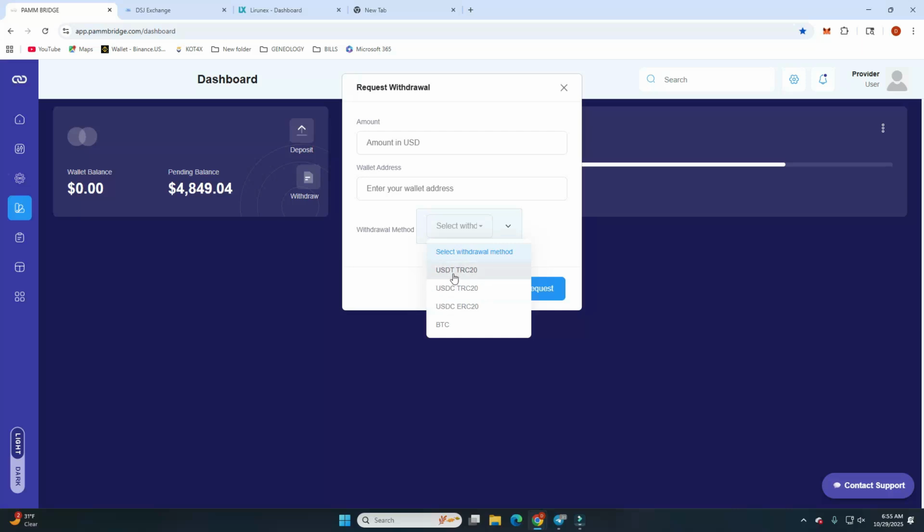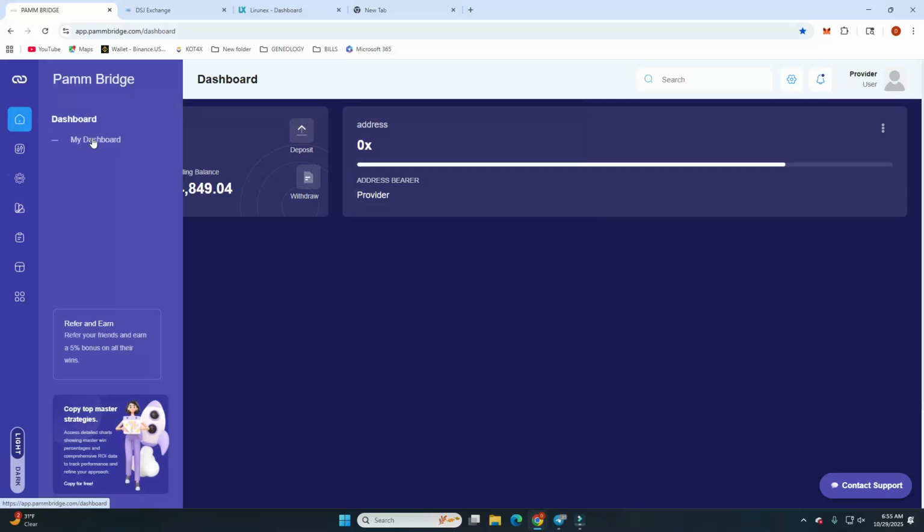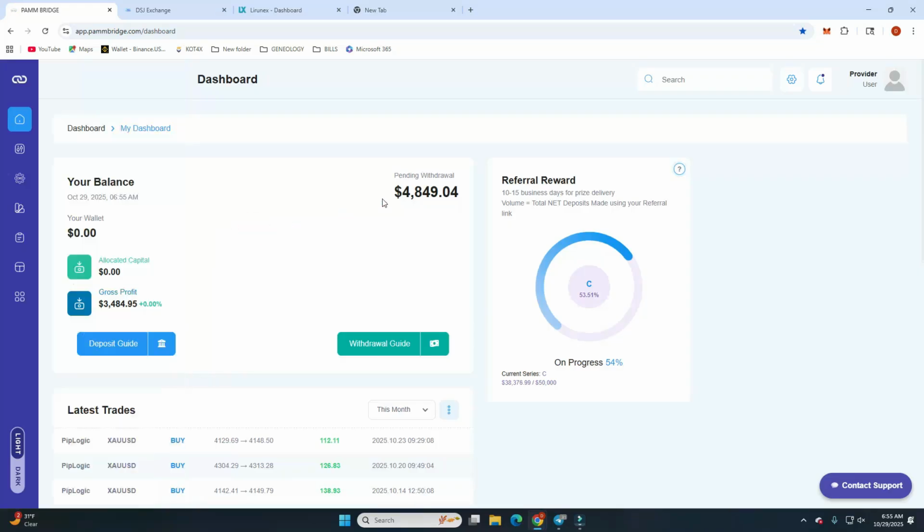So make sure I did it TRC20, and it went through just fine. And then when you click on that, it says, we sent you an email, verifying. And you know what? I didn't see any email. I used to, but this time I didn't get an email. So anyway, it shows up in your pending, which is right here, pending withdrawal. This should only take 24 to 48 hours, but I hope they get it out to us within that time period, because I'm anxious to get over to PIP Logic